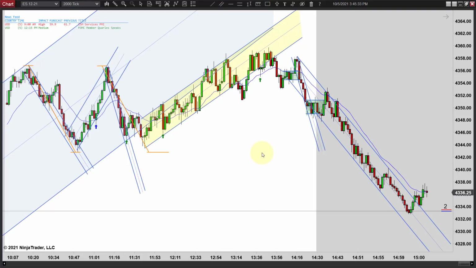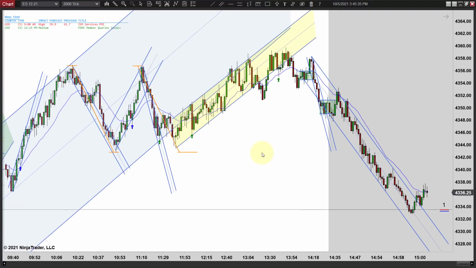Now there's no rule that says you can't enter in congestion, but if you're not a very skilled chart reader, you're better served to just avoid trades in congestion, unless you can trade it like a range, and then you use the range rules. And if you got enough room to do that, then by all means, and there's a good setup, take it. But don't look for second entries. Don't look for failures hardly. Just be real careful. And it's a fine line because sometimes some very good trades set up in it.